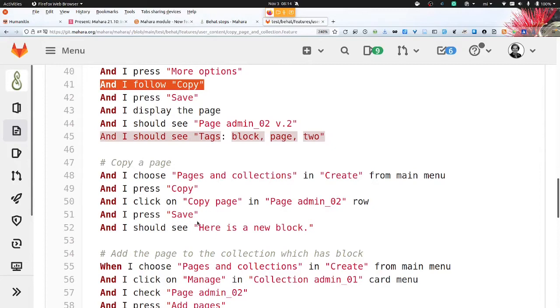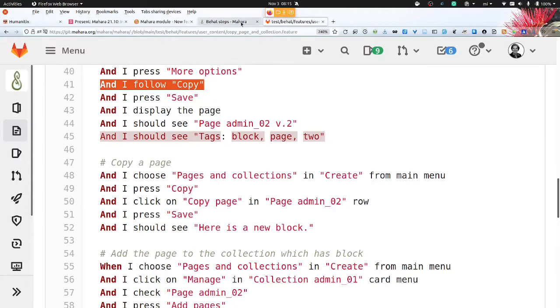Because with normal PHP unit tests, one does need a developer, or typically a developer background, to write those tests. But these Behat tests can also be written by somebody who does not have a developer background, because they are using more natural language. But as you can see, it is very formulaic.